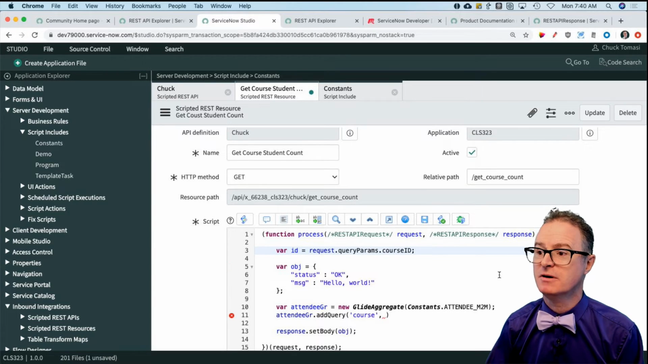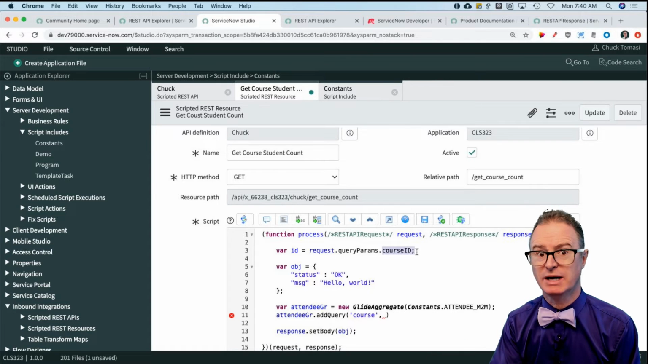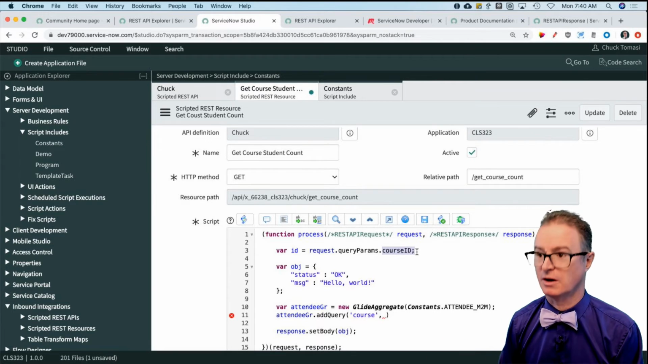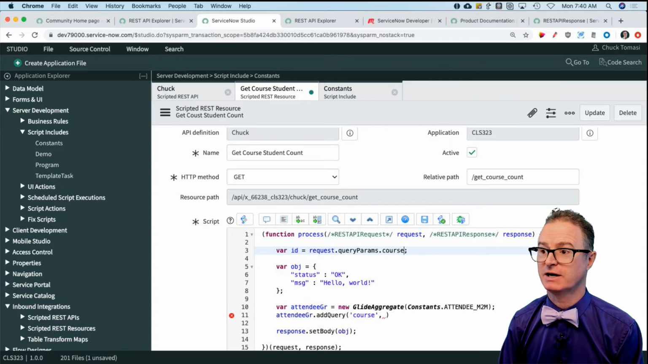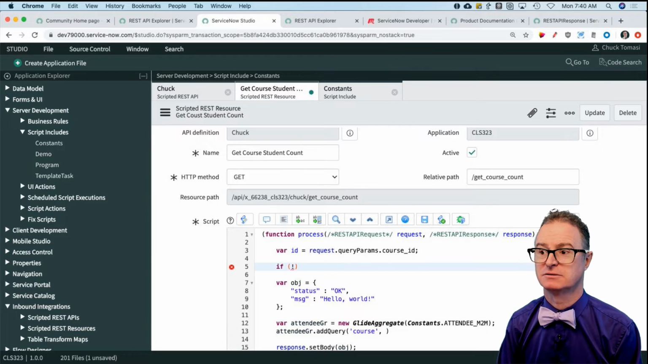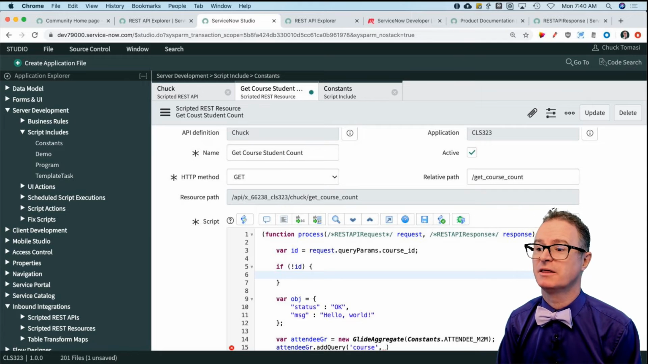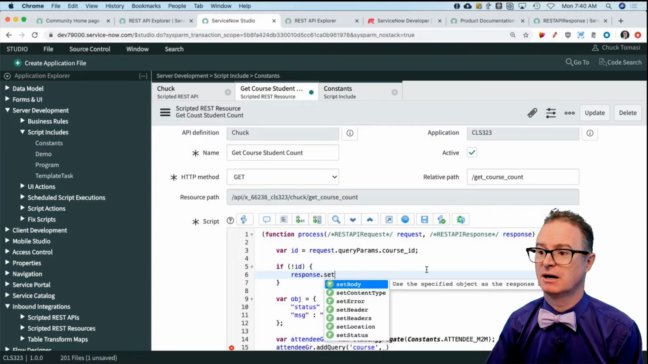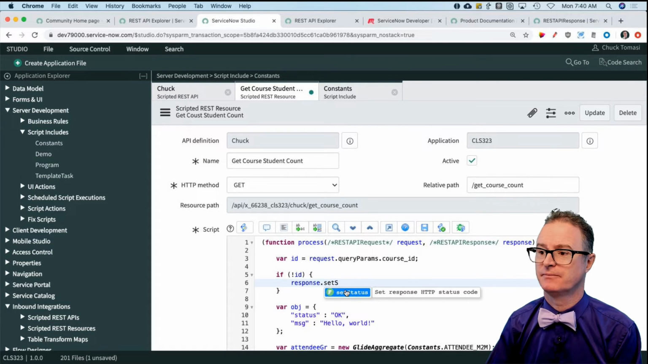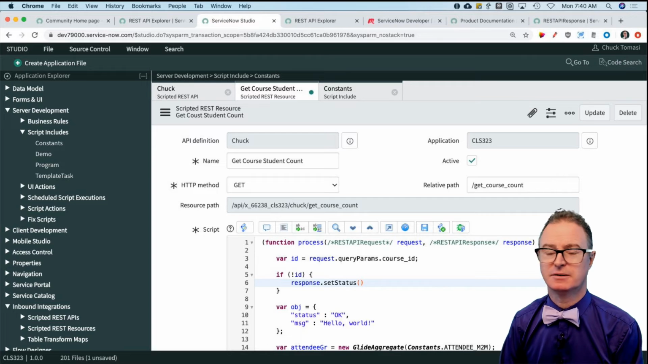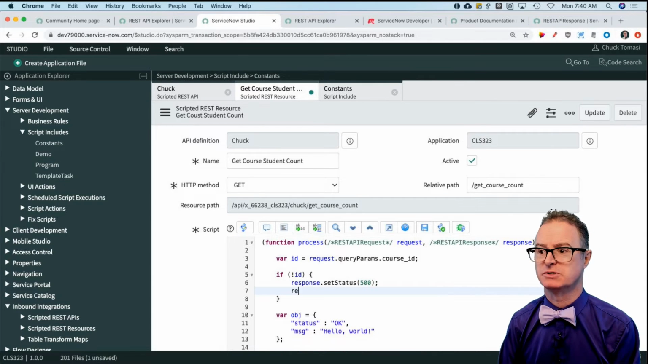Request.queryParameters.CourseID. Whatever this name is what needs to show up on the URL. So let's make it a little more URL friendly, course underscore ID, and then I can check if not ID, maybe somebody didn't supply one, then I am going to do a response.setStatus, come on, and tell them you are wrong, this was bad, something happened. Let's just return a 500, and I can also do a response.set